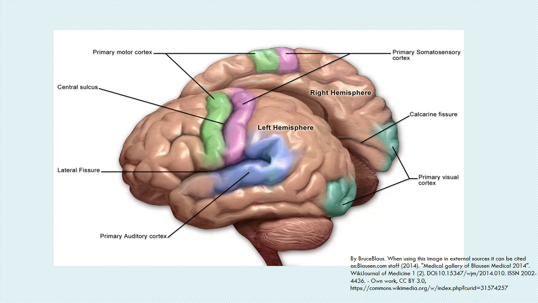On the lateral surface, there is a deep sulcus or fissure present horizontally named lateral sulcus or Sylvian fissure. This separates the frontal lobe from the temporal lobe. You can see the primary auditory area in the superior temporal gyrus shown in blue color. The posterior boundary of the parietal lobe is marked by the parieto-occipital sulcus. The triangular area left behind at the back of the cerebrum is the occipital lobe.